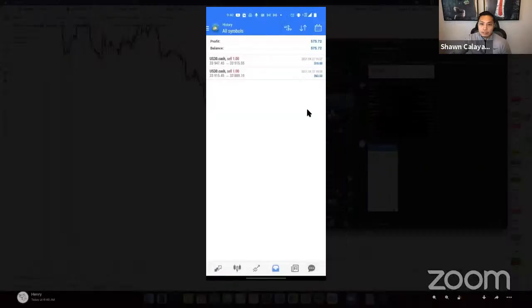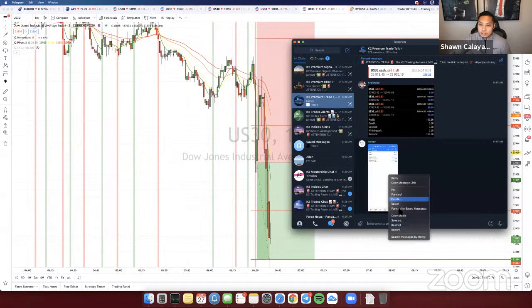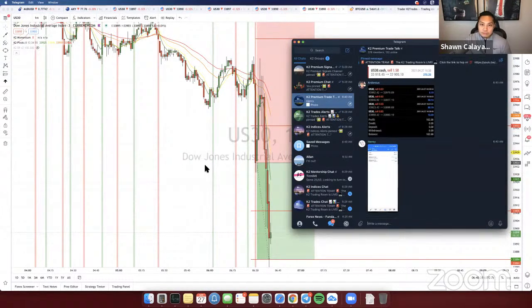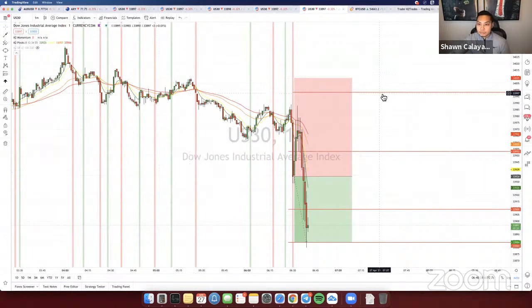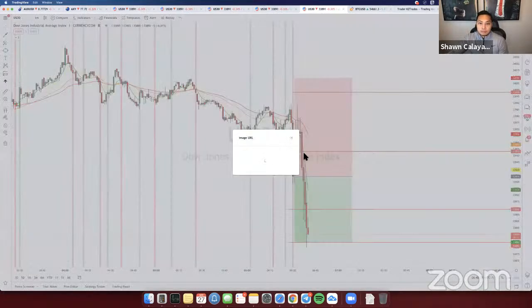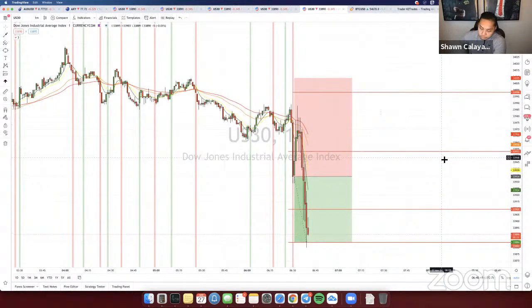You guys got to be patient, understand what we're doing here, and you lock in a ton of profit with this. So nice work off that. I'm going to give you guys a little update right here in the chat. So nice profit off that. Let me take a screenshot of mine as well. What a day. So you can literally just hang out on this first trade of the day, and you guys could lock in a ton of profit off that.